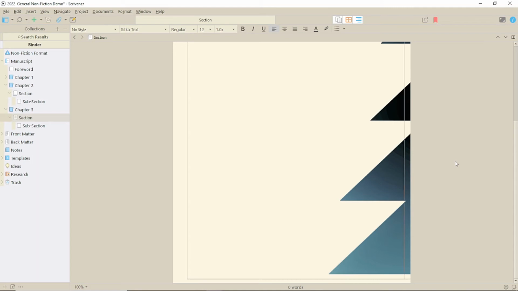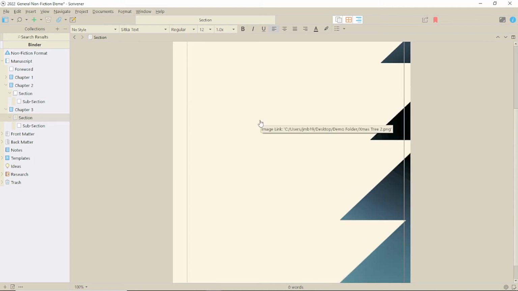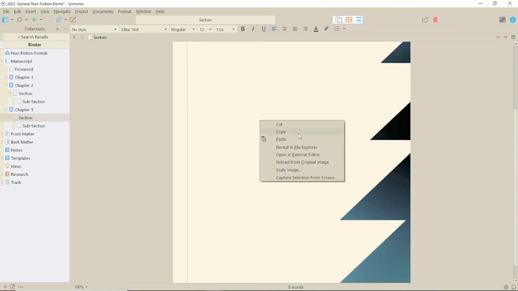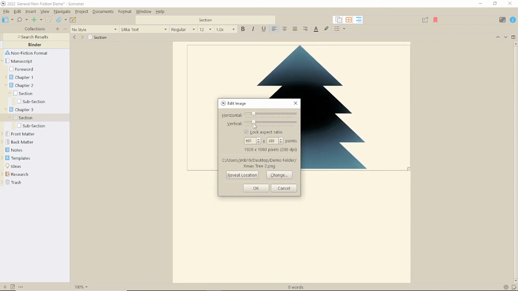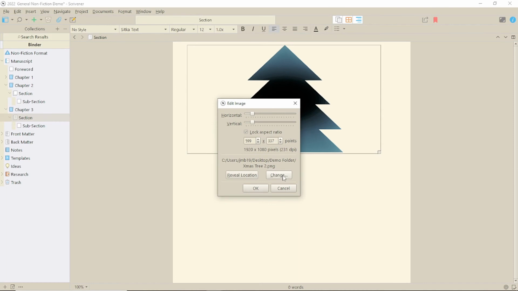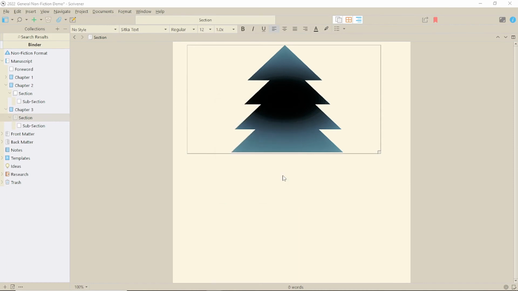If you right-click on the image and go to Scale Image, you can see the location of the image. Okay, now this is important. If you change the size in Scale Image, that sizing change will be reflected in the actual image. The exact words in the manual are, "The image will not have its pixels touched, but its print size information will be altered."